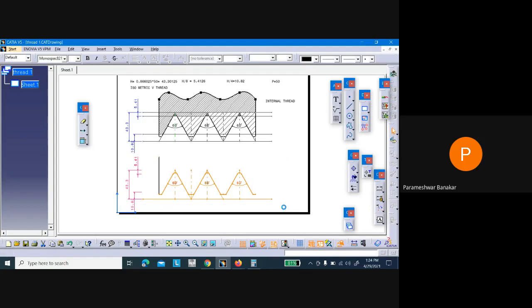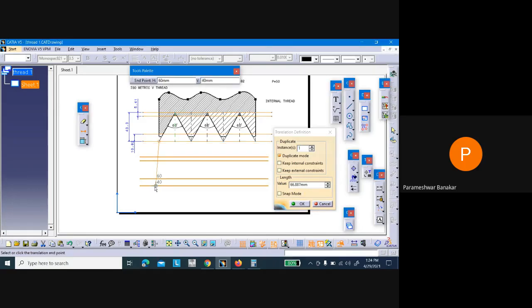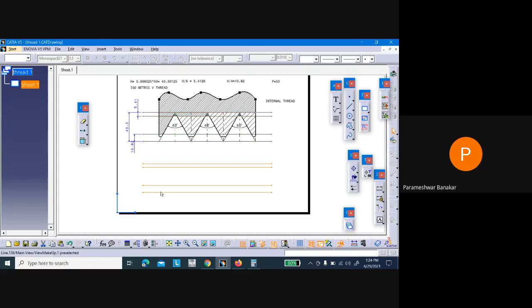What I will do, I will just copy these 4 lines, and go to translate. Quantity as 1. I'll bring it down somewhere here. So lines are same.